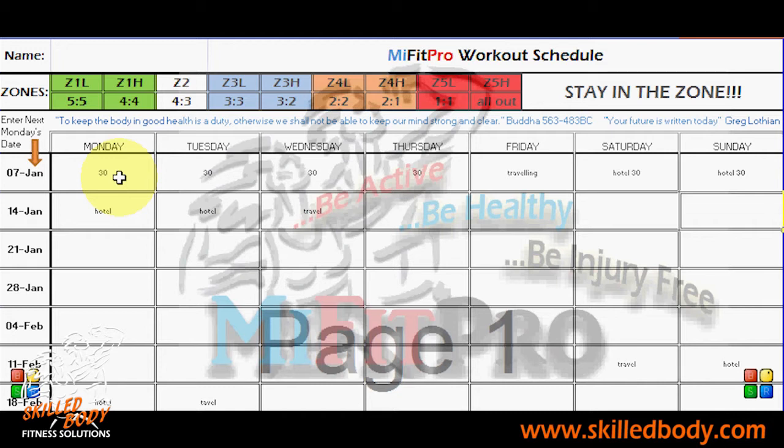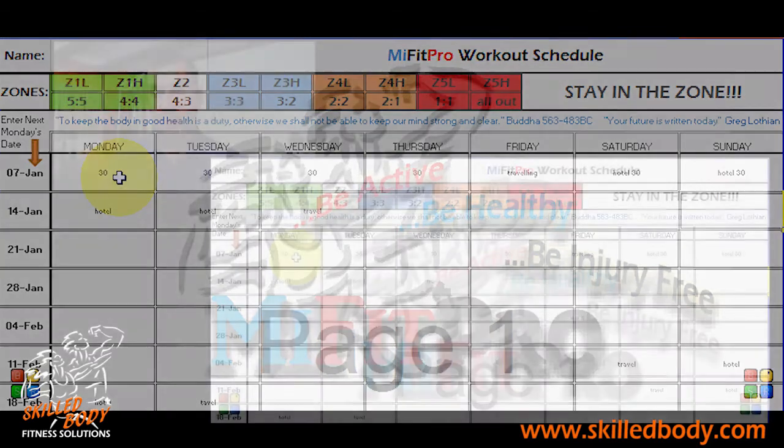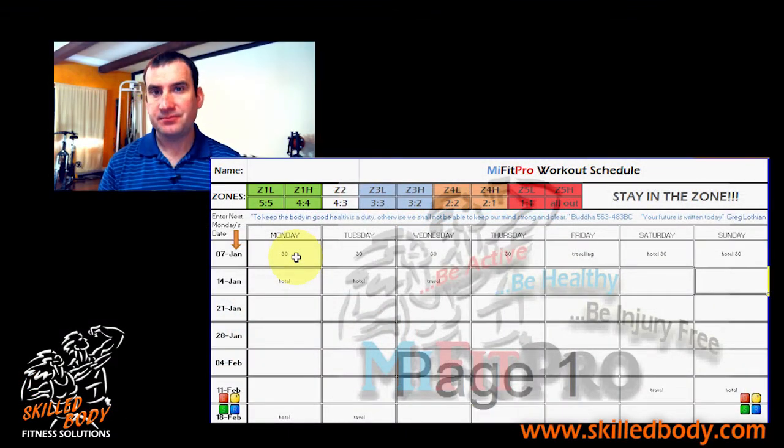We need to do what's called zone 1 cardio, so just very light cardio. We need to do interval training, and we need to do our workouts. So for the beginning part of the training, if this is the first time you're doing this and you're going into doing the fundamental training, there are 2 separate workout days, and you can do those 3 to 4 times